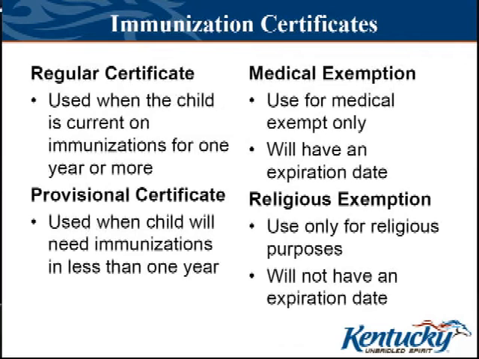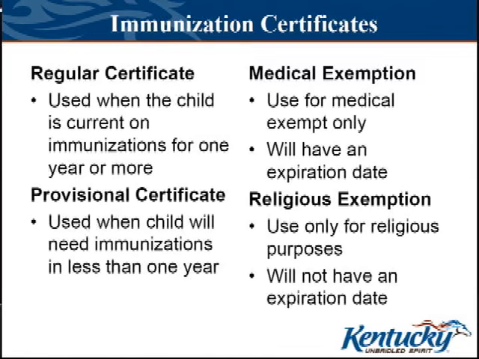So, 4 different types. We have a regular certificate, and basically in the health department, your computers will print off these certificates for you. You also want to make sure that you have paper copies of the certificates for when your computers go down. You might end up having to handwrite these. But you're going to use a regular certificate for when a child is completely caught up on their immunizations for